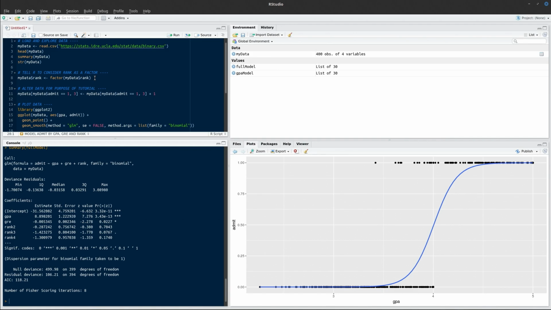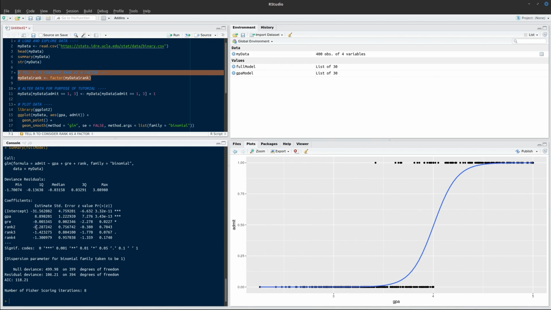Now this is happening because earlier we told R to consider rank as a factor. If we hadn't done that, we would have got a single estimate for rank, treating it as a continuous variable,